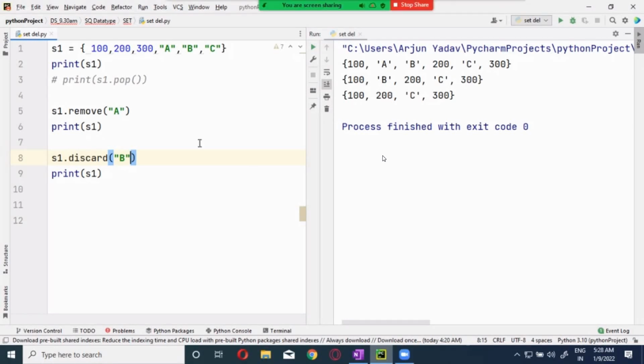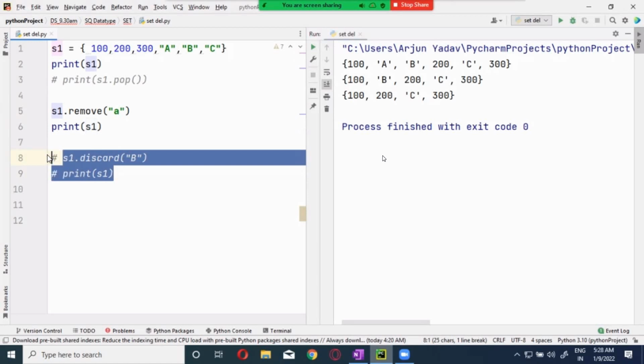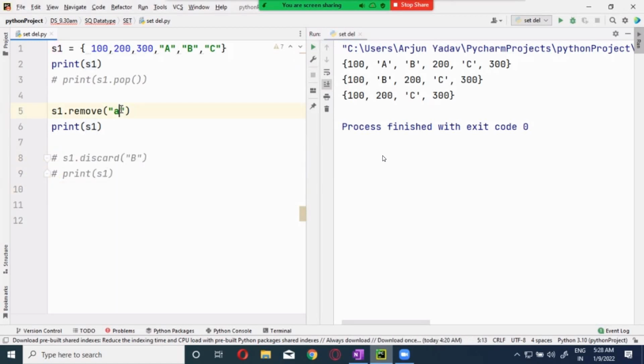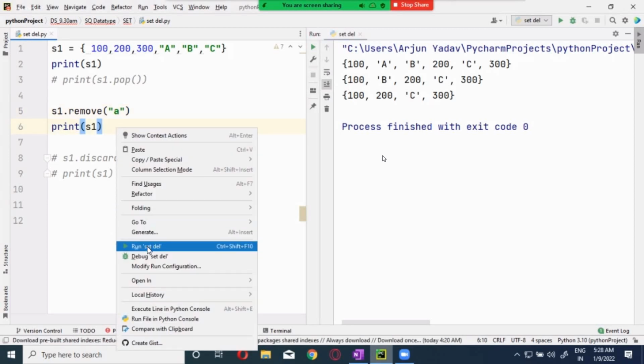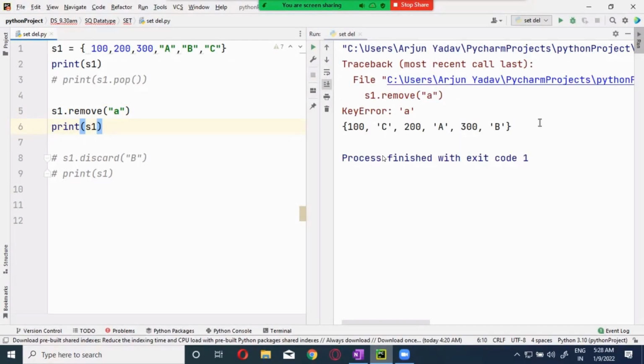So here the slight difference is if I want to remove A, and I'm not using A, A is not there. Now let's see what will happen. Error. Okay, you will get an error. But in the discard, you will not get an error.